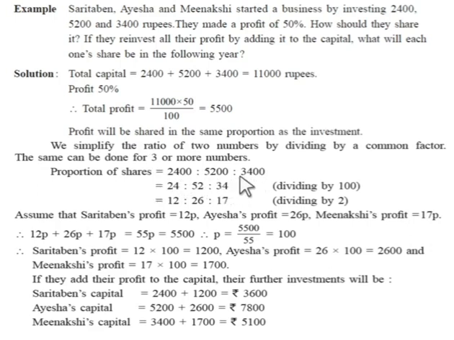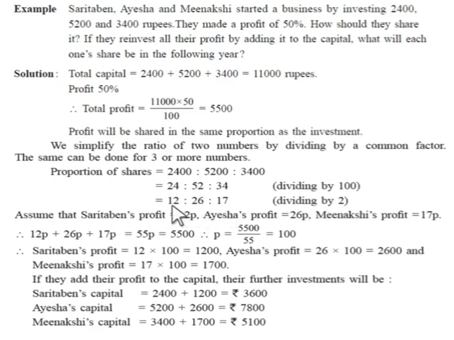Divide all the three numbers by 100. So you will get 24 is to 52 is to 34. Now see children, here all the three numbers are even numbers, so we can divide all of them by 2. When you divide 24 by 2, you will get 12. Divide 52 by 2, you will get 26. Divide 34 by 2, you will get 17. Now here this is the lowest form. No common factor is seen here. So we will say that this is the simplest form of the given proportion, that is 12 is to 26 is to 17.